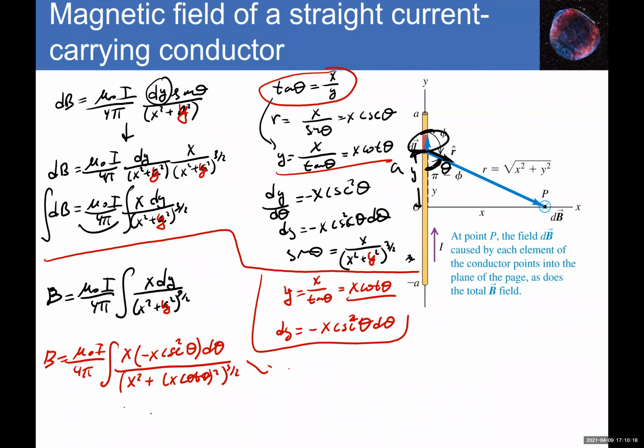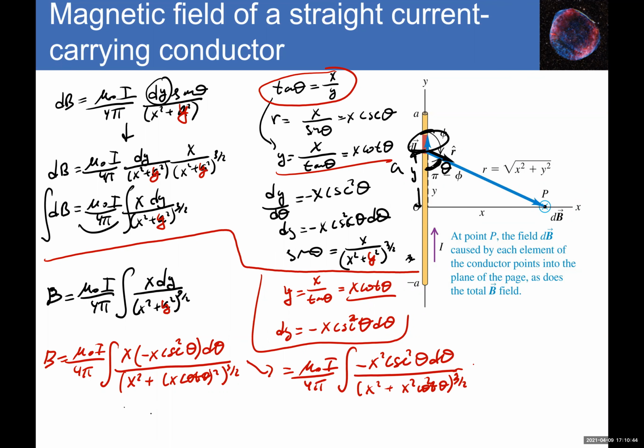Okay, so this is then equal to mu naught I over 4 pi, integral. Then I get negative x squared cosecant squared theta d theta over x squared plus x squared cotangent squared theta to the 3/2,